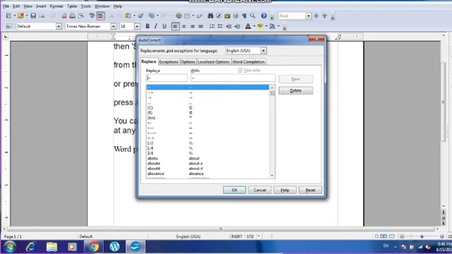Autocorrect is one of the features given by OpenOffice Writer and MS Word also, which automatically changes the word when you press the space bar. So whenever you write a particular word and press space bar, you must have noticed that the word is automatically changed. It happens in mobile also when we are using the keyboard of the mobile while writing a message. Whenever you type a word and press space bar, it automatically changes.